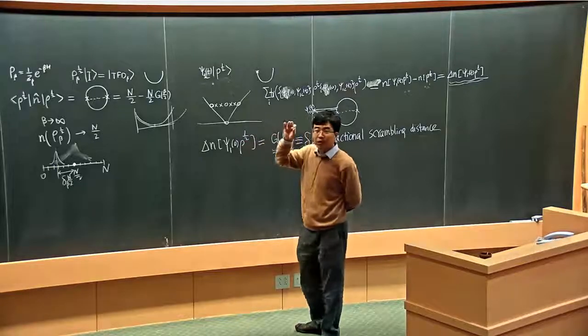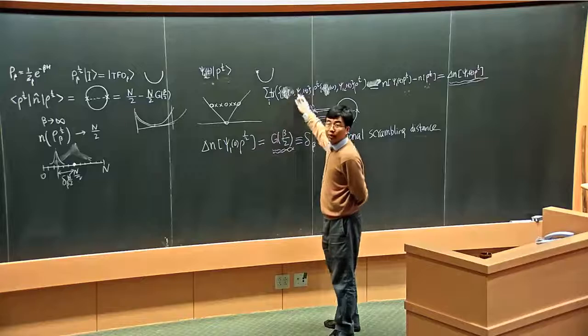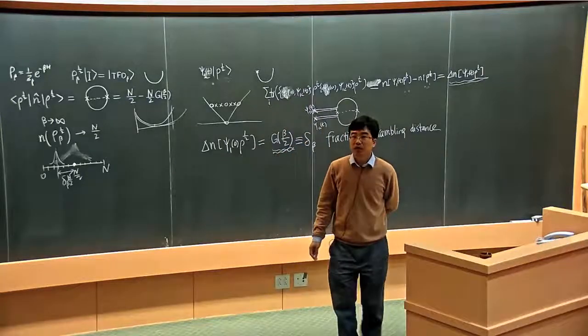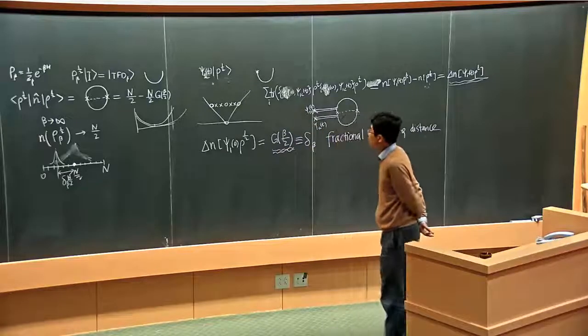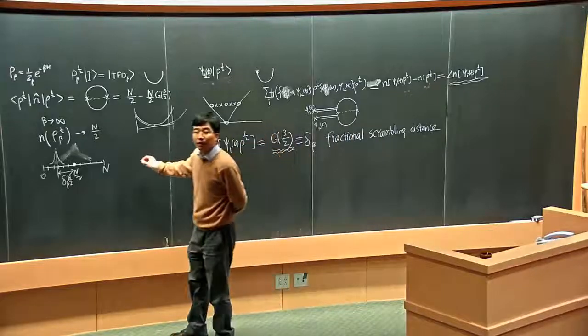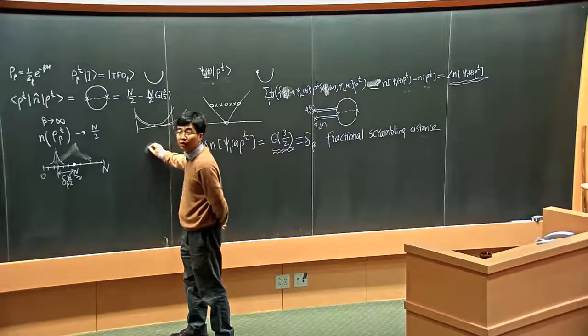I can only say mathematically the reason why they're the same quantity is some algebraic reason. Like when you take the anti-commutator, it's a number. So it depends on some details of the algebra. But physically, the physical picture is basically what you just said. So this rho 1/2 is like a